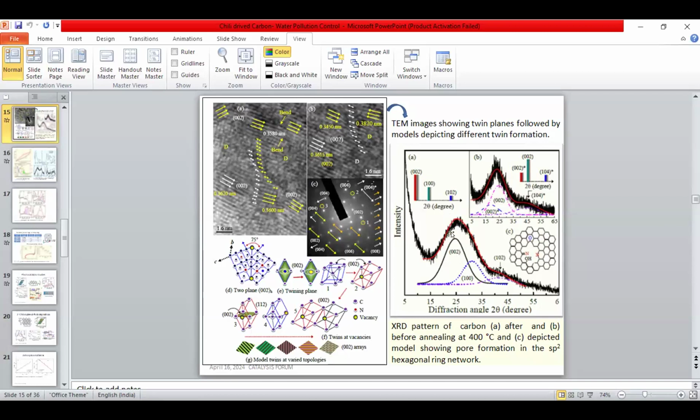We have found that the relative intensity of these peaks, these peaks are broad, and they can give us an